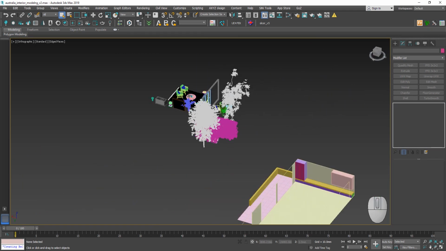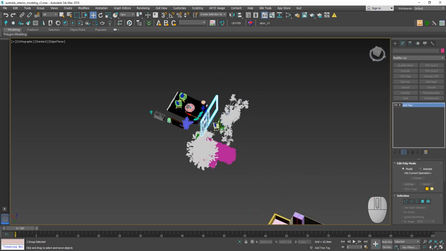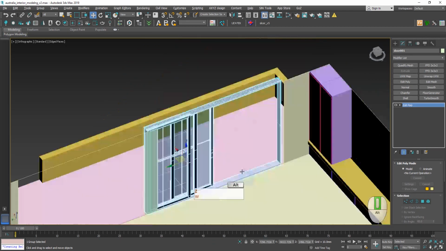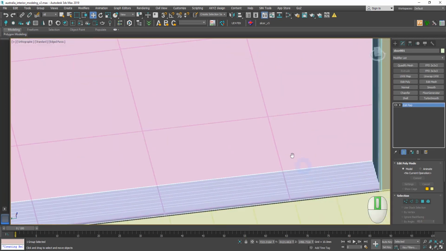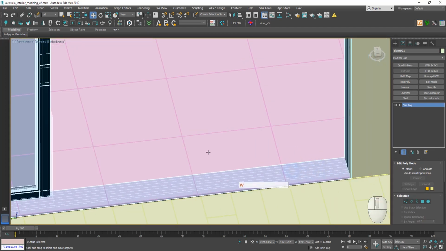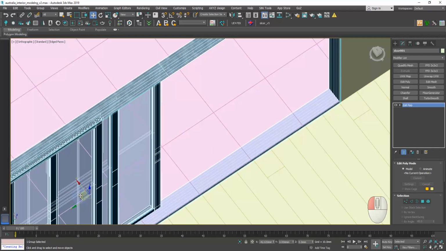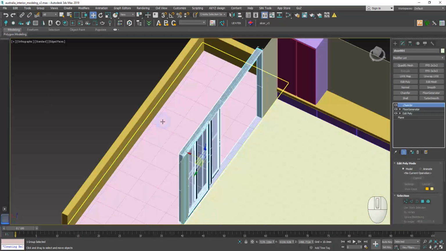We must put them in their place. Put the sliding door into the window frame.